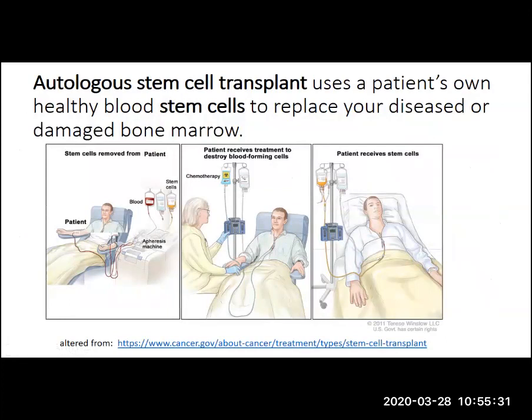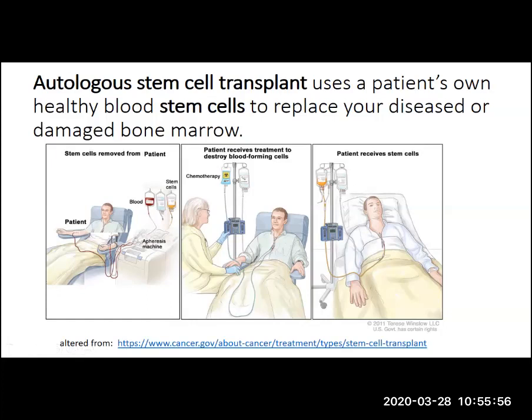But that isn't an option for most people. An example of this would be an autologous stem cell transplant, to basically take cells from a patient, process them in some way, and then put them back into the same patient. Because the patient is receiving their own cells, they would potentially not have that risk of graft versus host